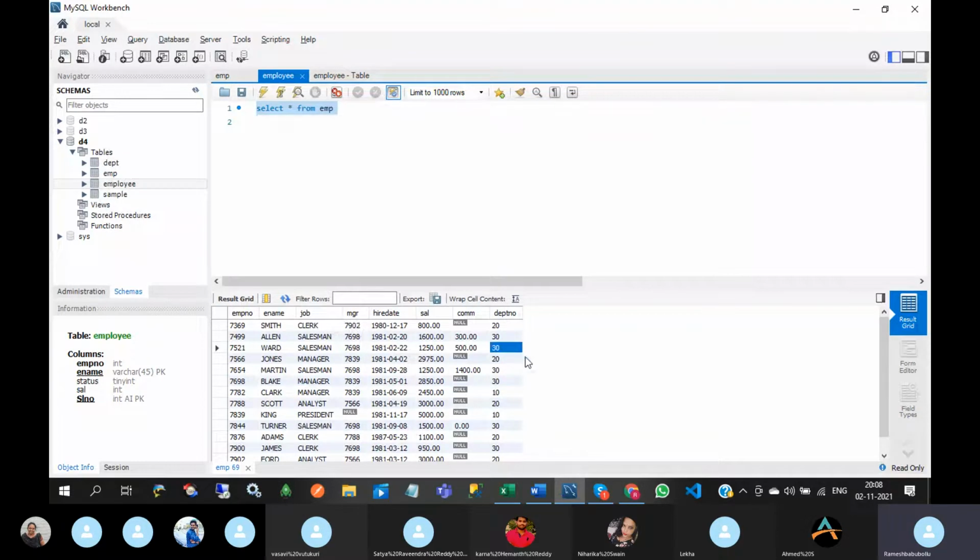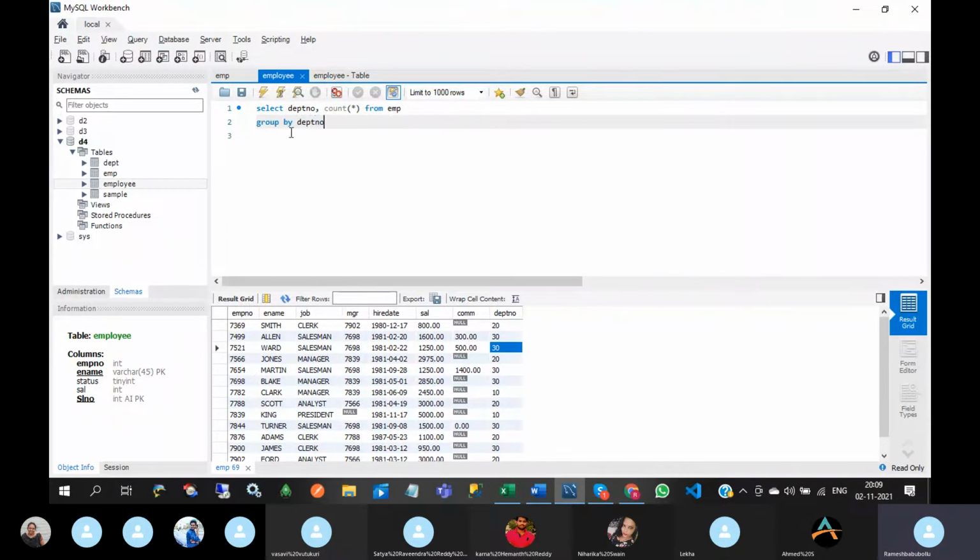See here, 3 department numbers are there. I want to know the department number wise count. In this, you need to use the group by clause on department number.